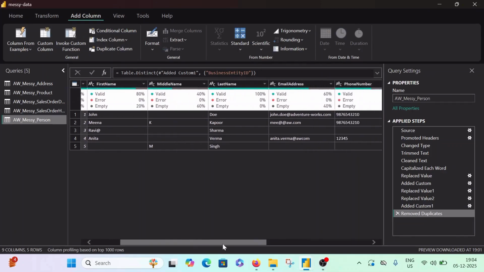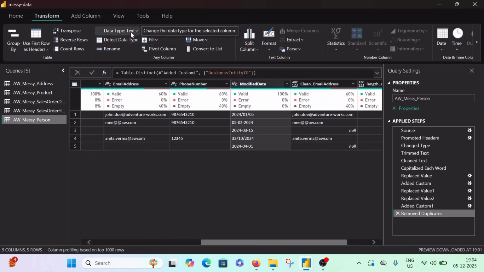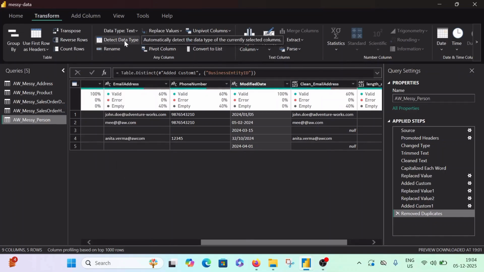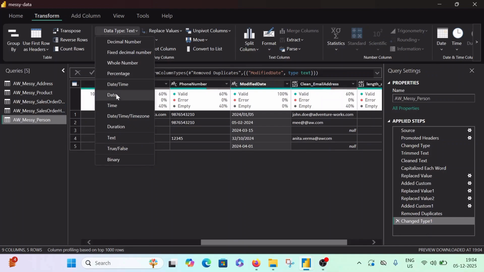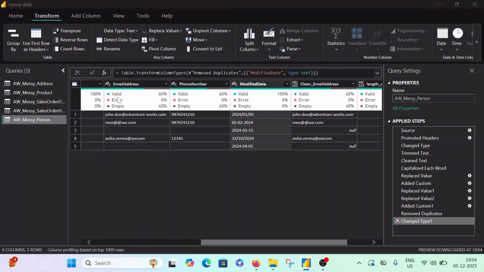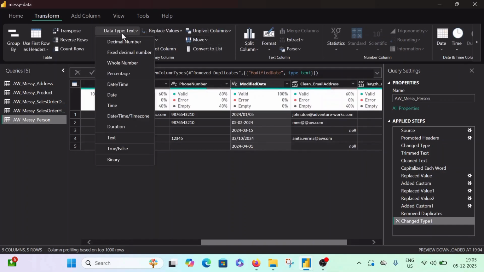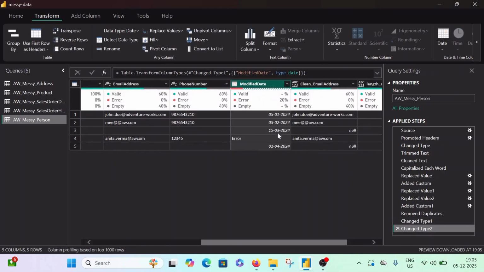Now, after business entity ID, let's check some other column which needs our help, generally dates. Okay, so let's go to modified date. If you see over here, modified date is a text, and we don't want date as text. So first I'm doing a detect data type. But in this scenario, when the dates are not at all matching or uniform, detection will not work. So I am going to manually input date as a data type over here, and if you see, it has converted most of the dates in its proper format.